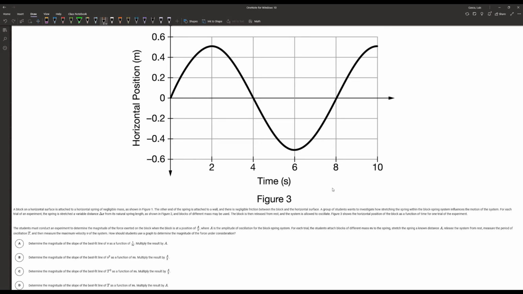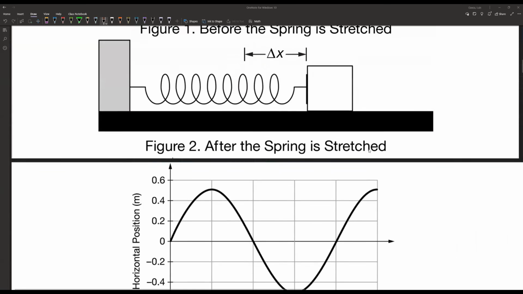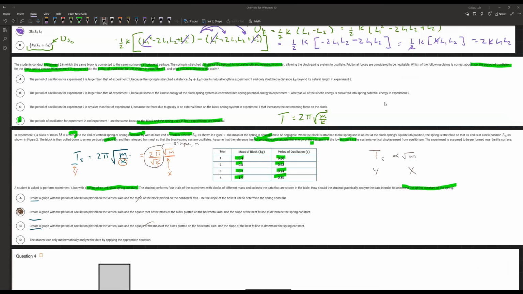A group of students want to investigate how stretching the spring, oops, sorry, just saw the chat. Oh, what about the square root of 2 pi? Let me know what you mean by that, but because it's all a constant, that's just going to be like,